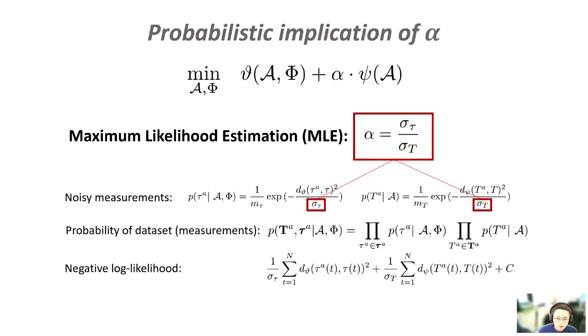To summarize, following this probabilistic interpretation, alpha increases as the kinematic sensor noise decreases, which means the kinematic sensor becoming more accurate. This is reasonable because if the kinematic sensor is very accurate, so sigma t becomes very small, then we should definitely increase the weight alpha so that we can learn more from the kinematic error than the dynamic error. On the other hand, if the kinematic sensor is very noisy and sigma t becomes very large, then we have to decrease alpha to complement the lack of kinematic information by exploiting more the dynamic error.